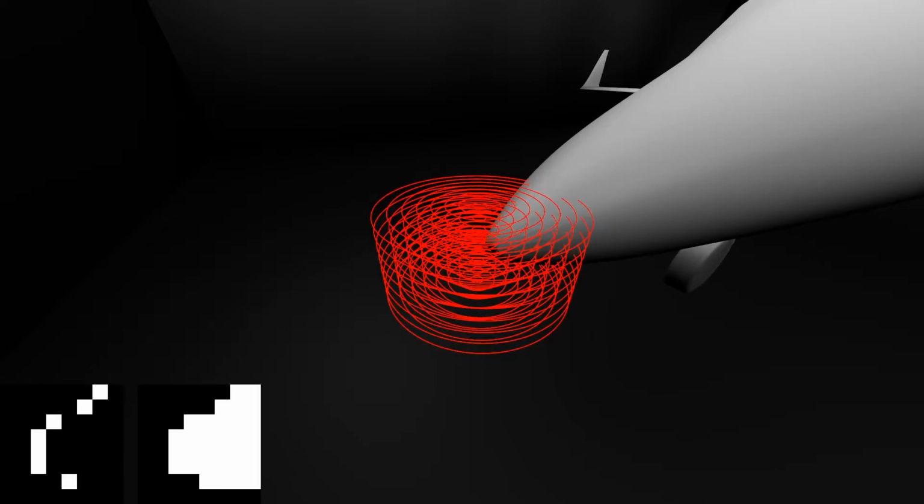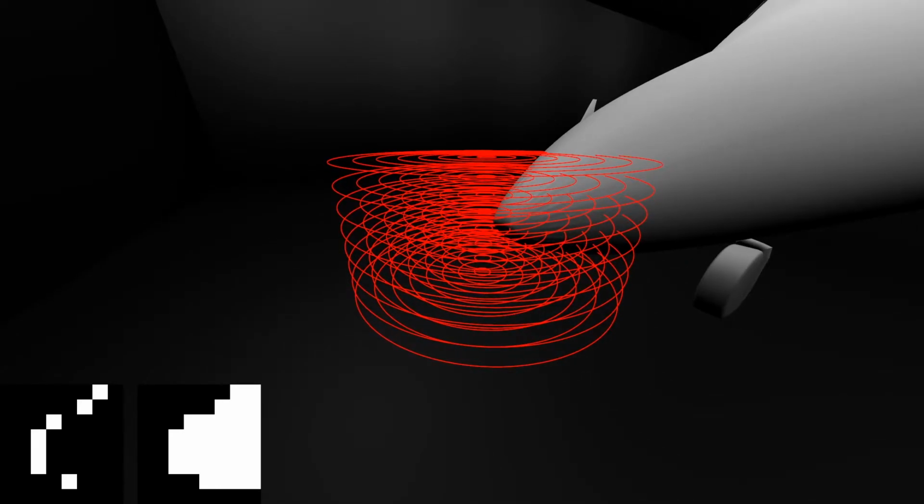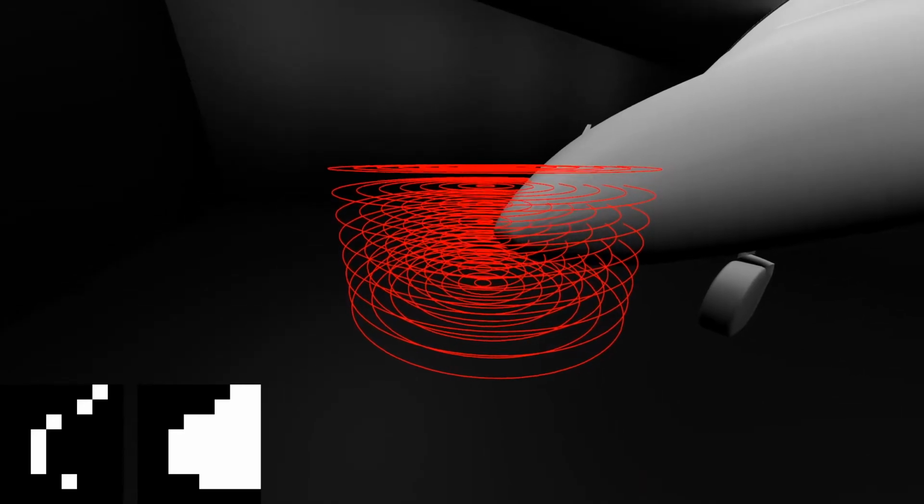To do so, let's take a look at the nose of the plane. Now if I move the cylinder over here, you can see that the images in the bottom left closely resemble the shape of the nose itself. However, the reason why is not very easy to see in this way. So let's first reduce the resolution of the image a little bit. What you can see here is that the support volume consists of a stack of layers, where each layer contains